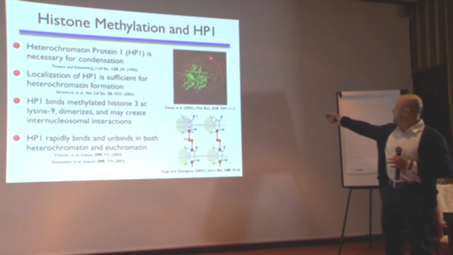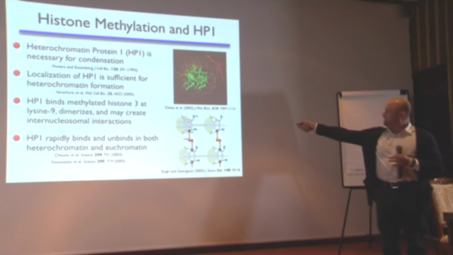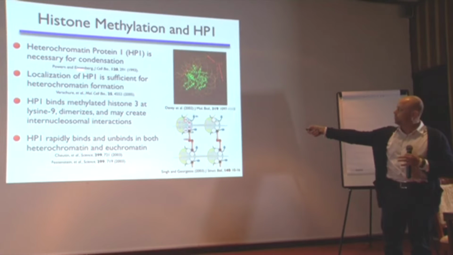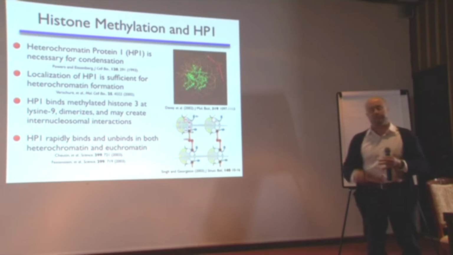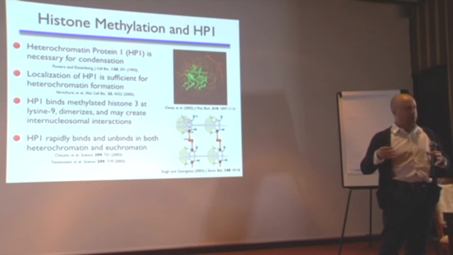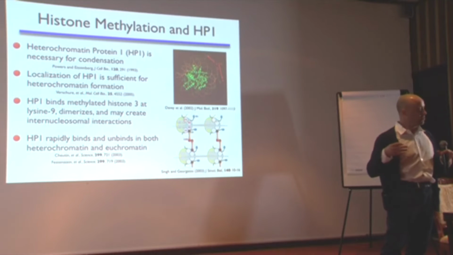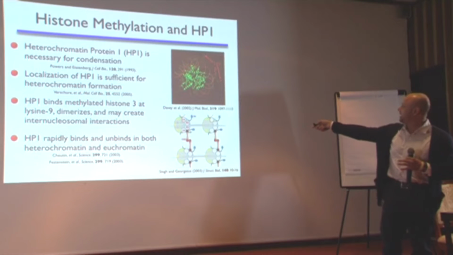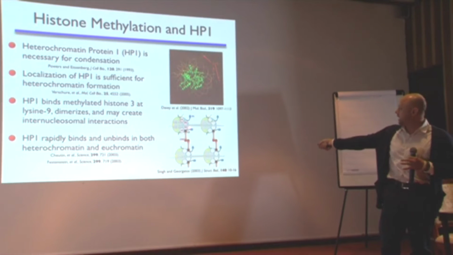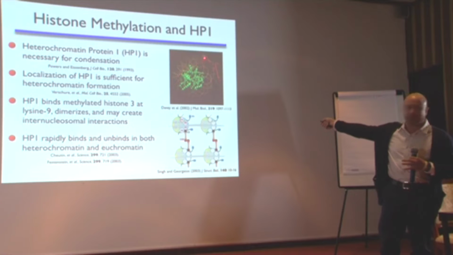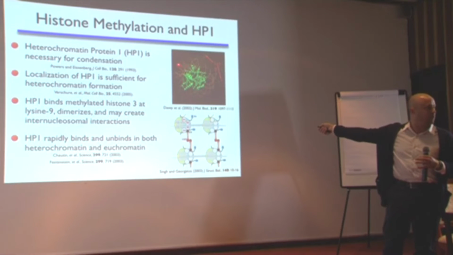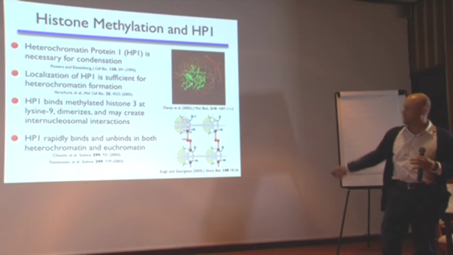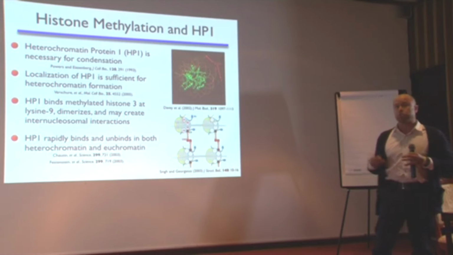Okay. Now, it turns out there's a very important protein called heterochromatin protein 1. In fact, there's not just one. There's alpha, beta, gamma. But for now, let's just say we're interested in HP1 alpha. Okay. And this guy has 2 domains. A chromodomain, which interacts favorably with this tail, this H3 tail. And then there's another domain, the chromoshadow domain, which is shown